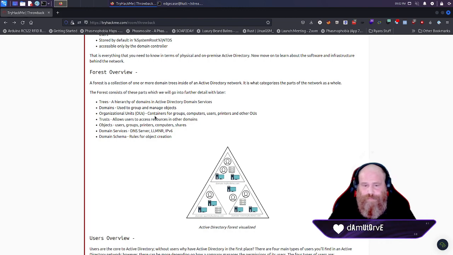So if you have an HR organization and an IT organization, you're probably going to have two different organizational units set up in Active Directory, so that HR users may not need all the permissions that IT users need. And we want to make permissions easy and similar between groups, right? So if all of my HR people need access to a particular piece of software, but my IT users don't need that,